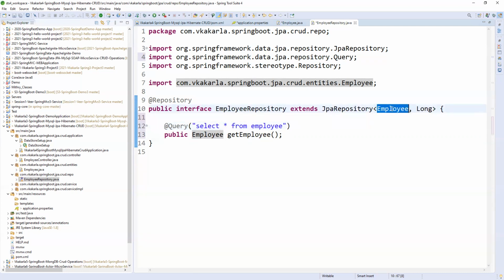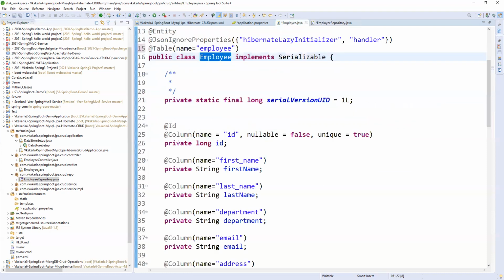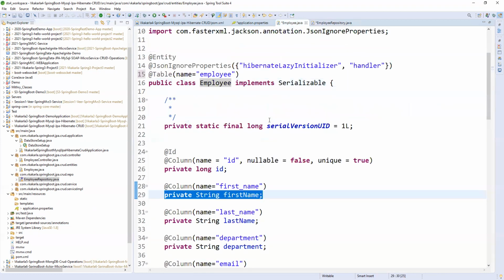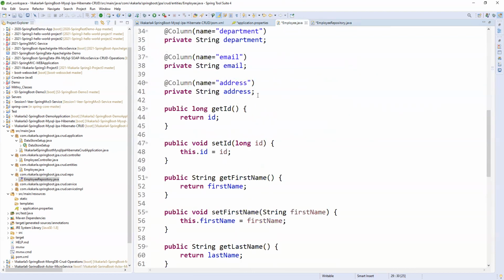So you need to add this as a variable in your user table. For example, employee and employee address. In that case, you can add it here, the same way we are adding variables here. The same way you can add in this address here.